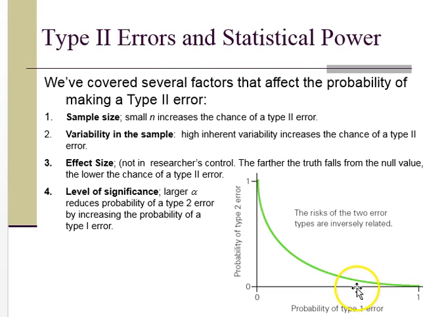But as you lower that p-value threshold so that your probability of making a type 1 error is lower, you end up seeing the probability of a type 2 error skyrocket exponentially, right? So lowering this is good to reduce our chance of making a type 1 error, but it increases our chance of making a type 2 error. So what's interesting is that these two error rates are inversely related. They're tied to each other. So as you change one, you're automatically going to change the other.